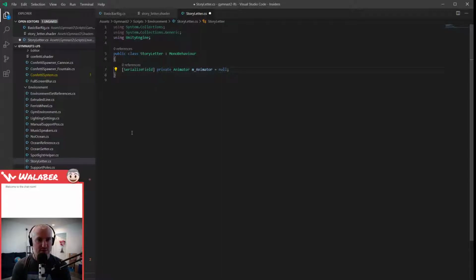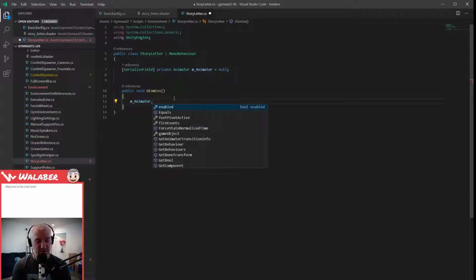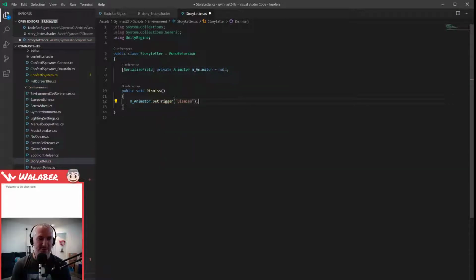And then we're going to have a void dismiss. So this is from the code, like, the player is done reading the letter, you need to dismiss it. That's going to call m.animator.setTrigger dismiss, which we created a second ago. Then we're going to have that animation call a function, dismiss animation complete. And this is where we would clean up ourselves,